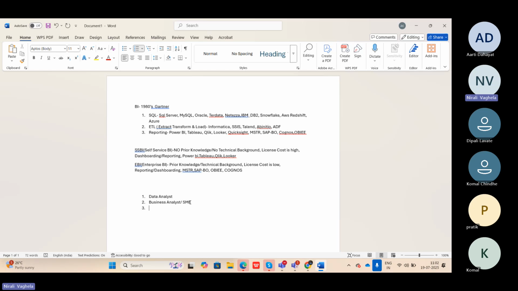Business analysts are the people who are a medium between a developer and the client. Business analysts communicate with the client about what exactly the requirement is. They understand that requirement in layman's language, then convert it in a technical manner, and deal with the developer: okay, this is what we have to do, you can build it. So it's a medium or bridge between a developer and the client. That's what exactly the business analyst role is.